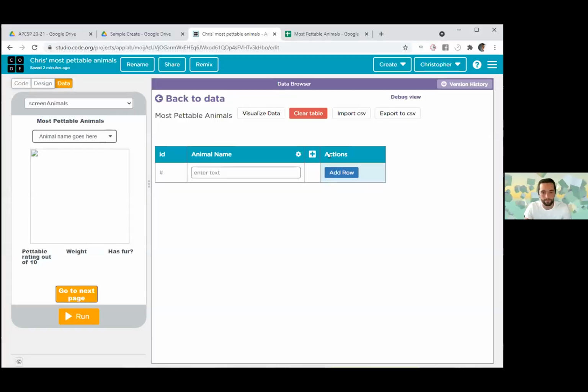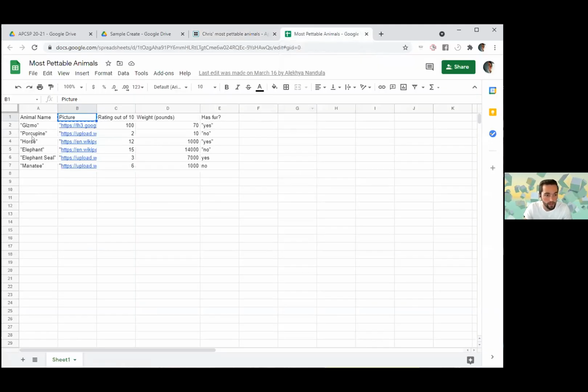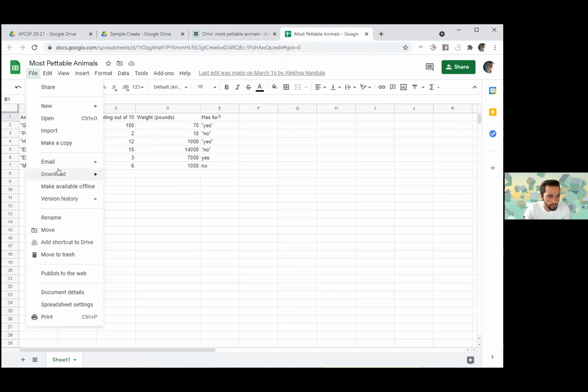Okay, what we're going to do to get the data in this table actually is to export it as a CSV file from this page, which we do by saying file,